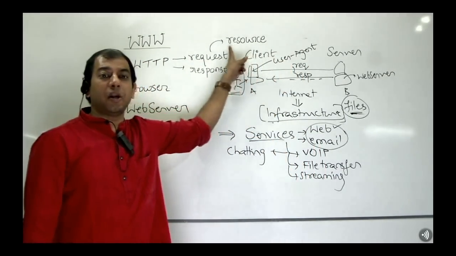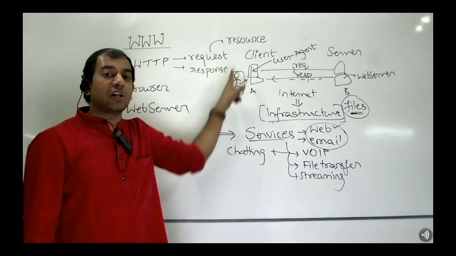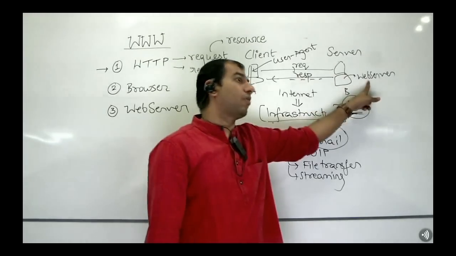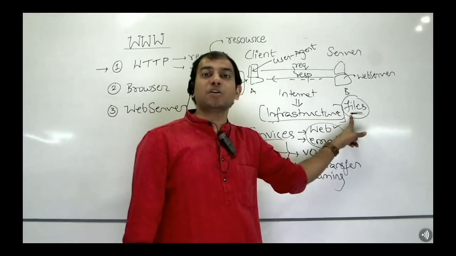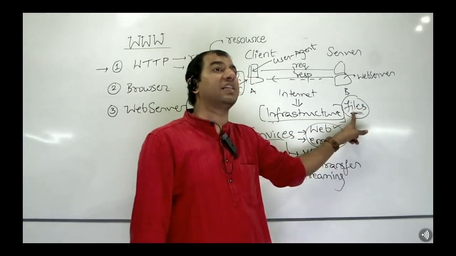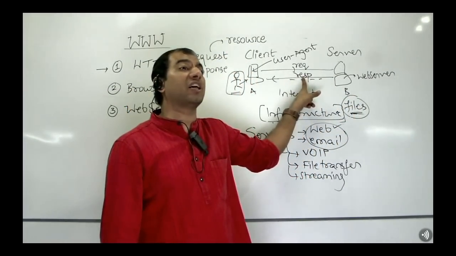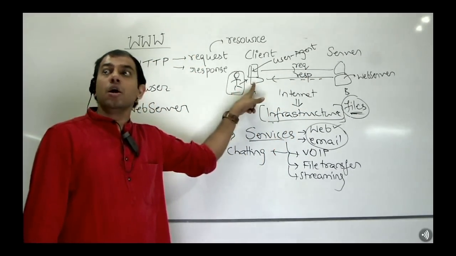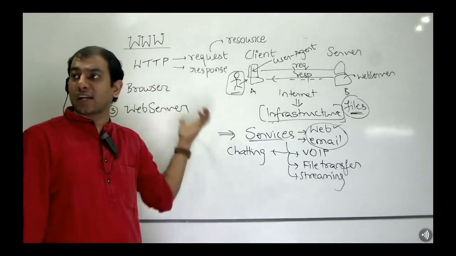And what does the HTTP request contain? What is the resource the human wants? What is the file he wants? And what is the web server going to do? It is going to search amongst the files whether that resource is there, and if it is there, it is going to package it as an HTTP response and send it back over TCP/IP. And now what will the browser do? It will take that resource and display it, isn't it?